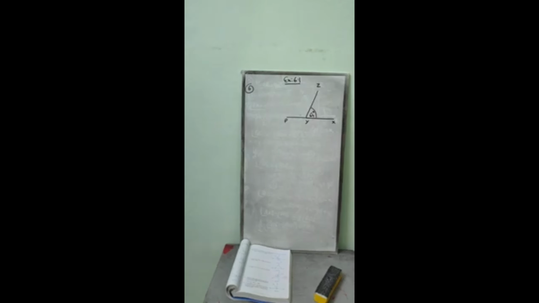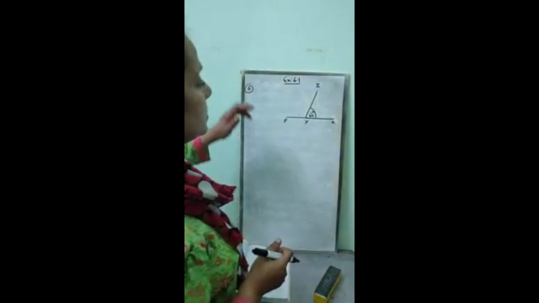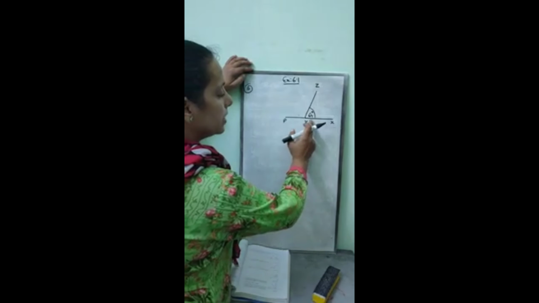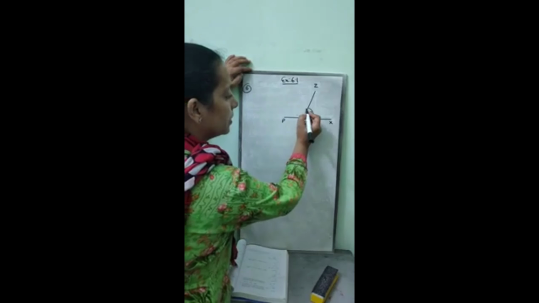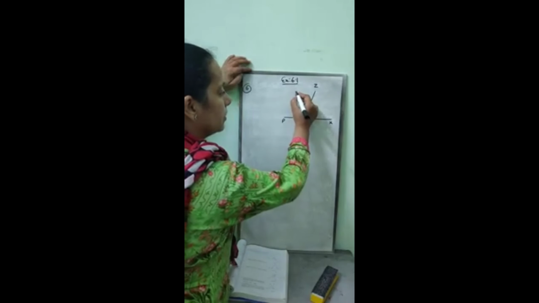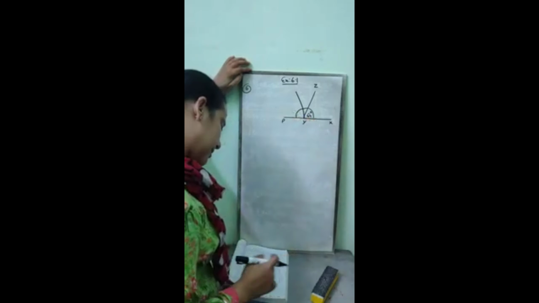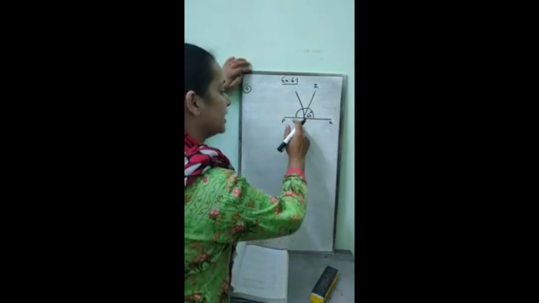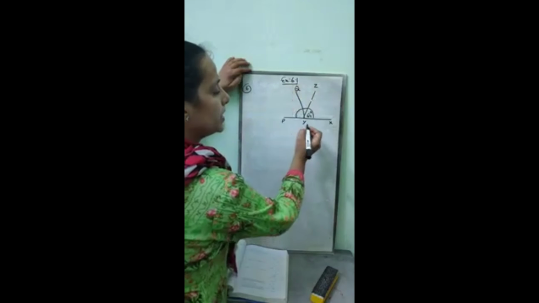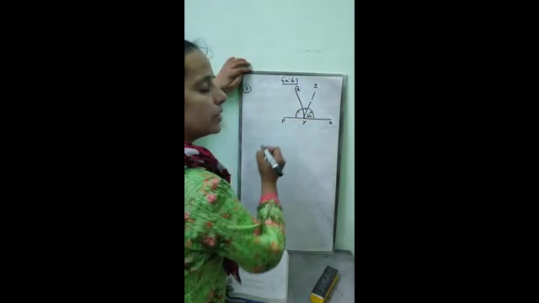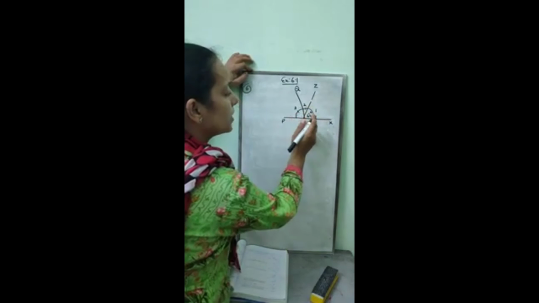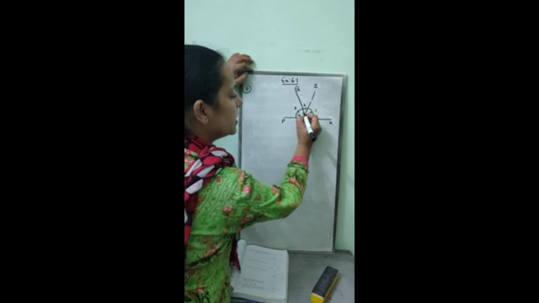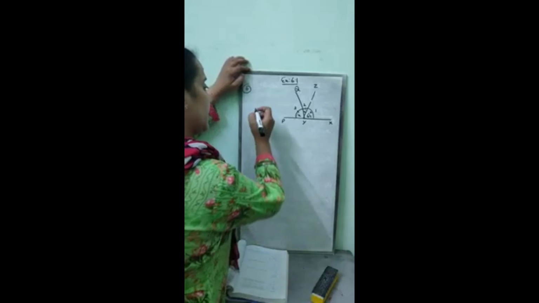Yes students. Now we are going to discuss sum number 6, exercise 6.1. He is saying angle XYZ is 64 degrees. XY is extended to point P. Now he is saying this angle is bisected by the line YQ. Bisected means dividing it into equal parts. Means if this is angle 1, this is 2, this is 3, these two parts are equal, let it be x.